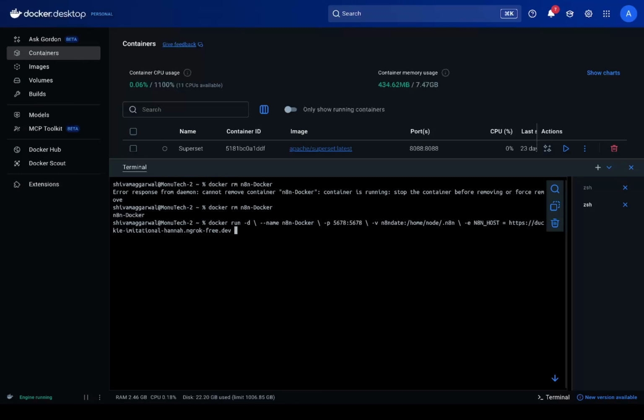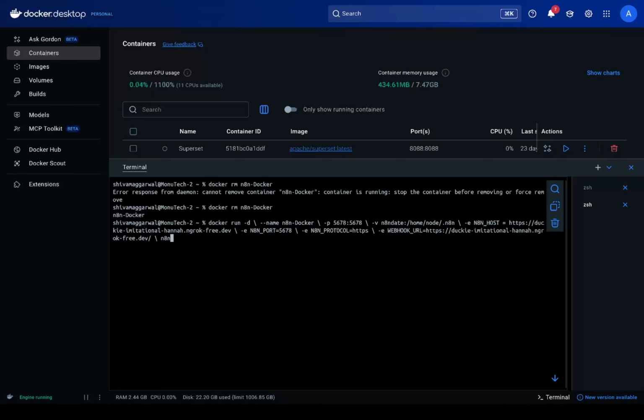Now space -e space N8N_PORT all caps equal to 5678, space -e space N8N_PROTOCOL equal to https, space -e WEBHOOK_URL equal to the same URL which we just copied here, space backslash